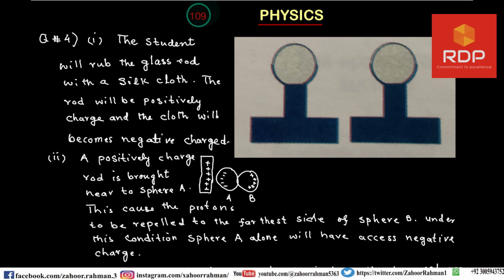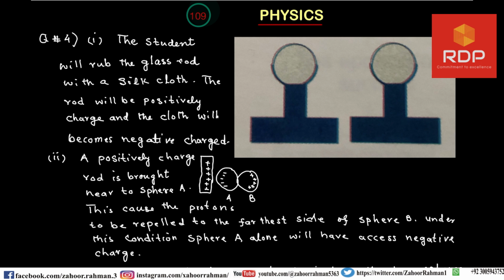The diagram shows two metal spheres mounted on portable insulating supports. A student is given a glass rod and a piece of silk. Without allowing any contact between the glass rod or silk piece with any of these spheres, describe how the student can charge the two spheres with equal but opposite charges. There are a few steps in which we can describe this